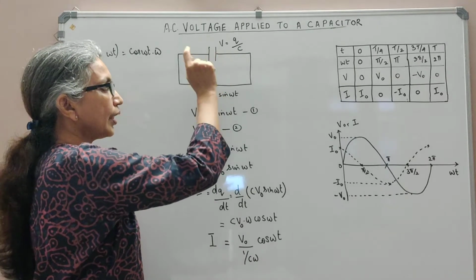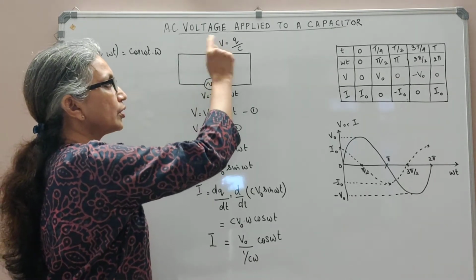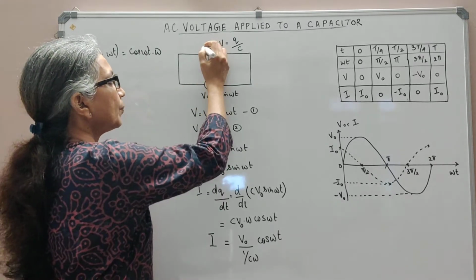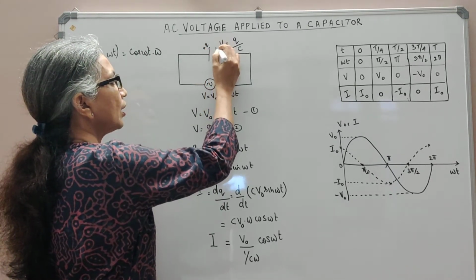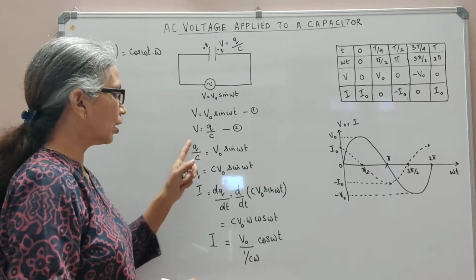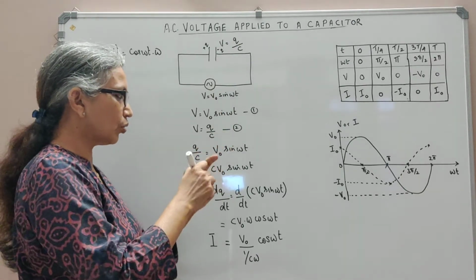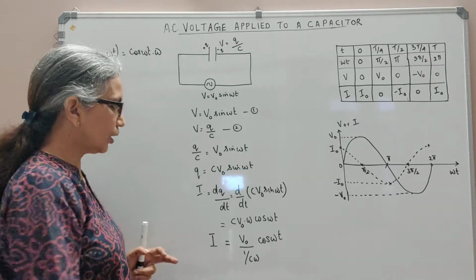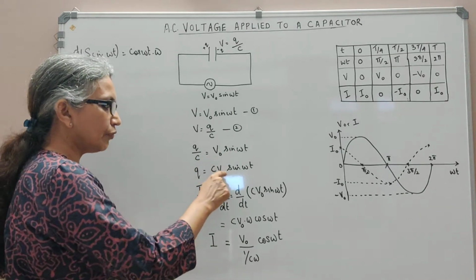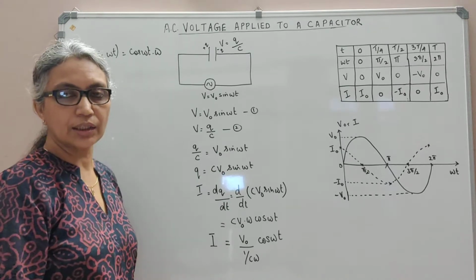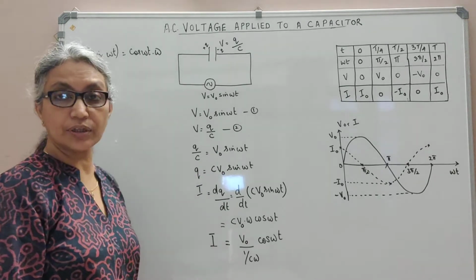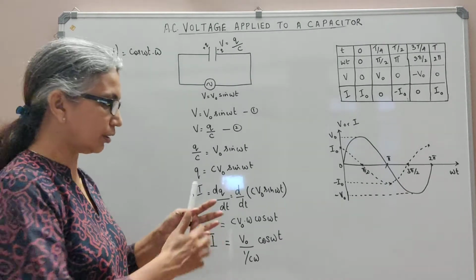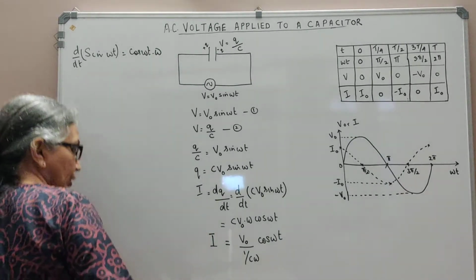Now also we know that at any instant the voltage across the plates of the capacitor will be V equal to Q by C, where one plate will be positive Q and the other will be negatively charged. So we have our two equations. We may equate this Q by C to V0 sine omega t, and Q therefore is C V0 sine omega t. Like I told you, we are going to find an expression for current to see how the voltage and current are varying with respect to each other.